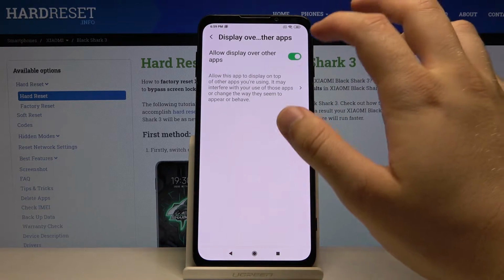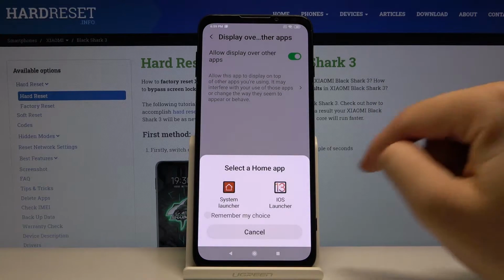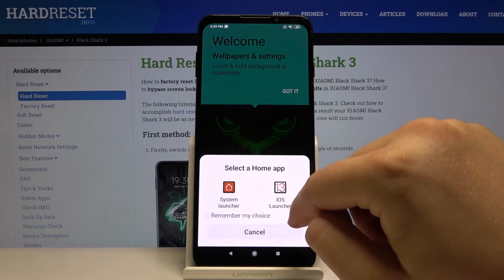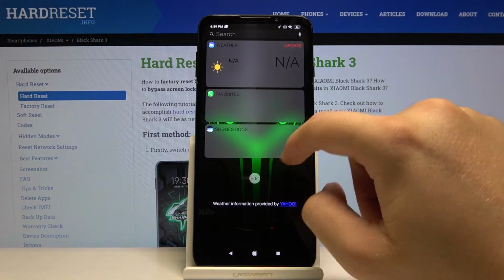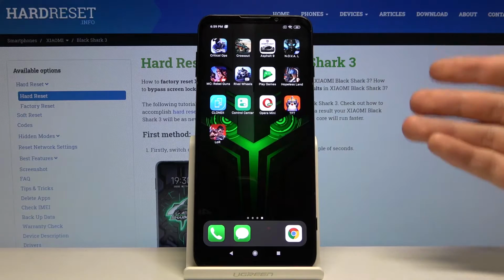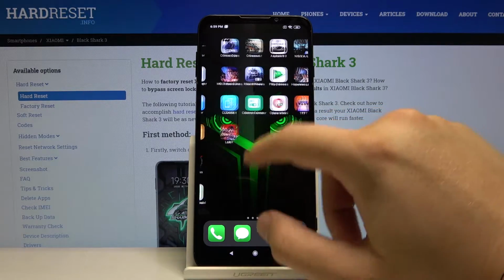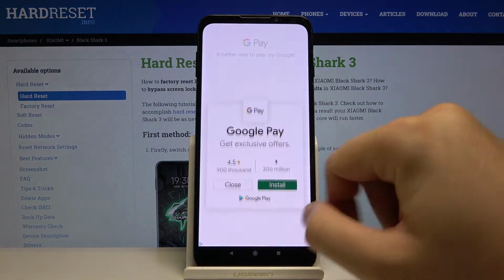Use the switcher, then click on the home button. And right now we have to select iOS launcher, so click here. Click on it, we got it. And right now, as you can see, our launcher has changed, but we have to also make